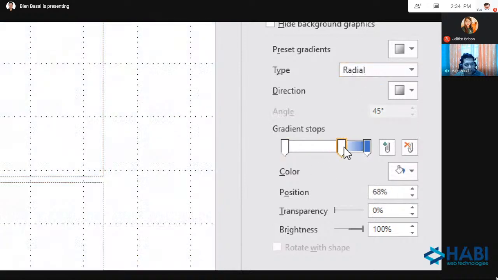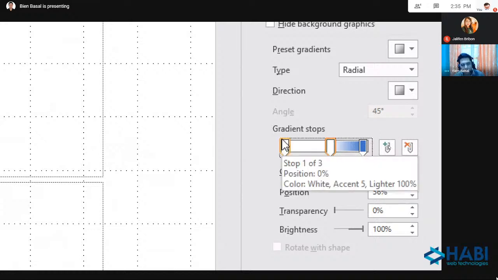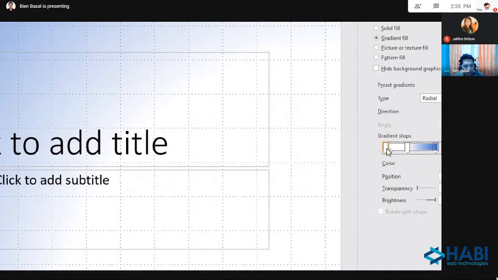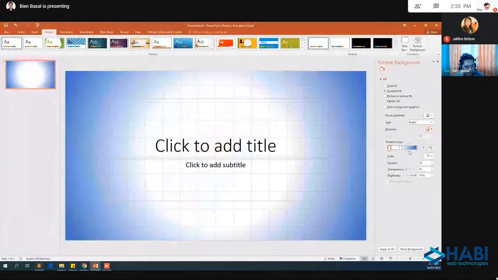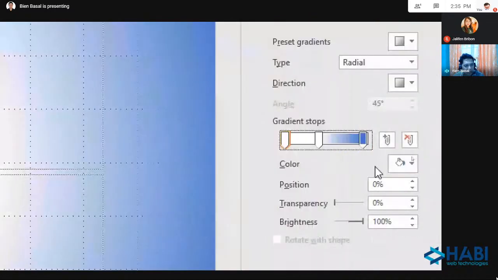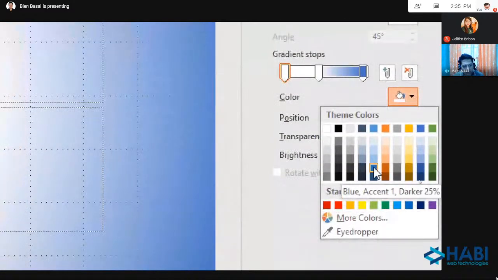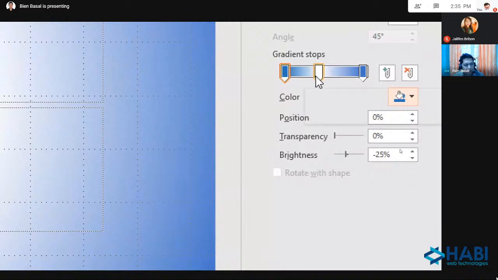We have here gradient stops. So, in this case, meron po siyang 3 stop. Each stop, meron po siyang hinahandle na color. It handles one color per stop. Okay? So I will click this one. Yan. Ito po yung part na light. Radial center. Yan. I will select this and I will change this sa siguro ito na lang. Medyo lighter. Yan siguro. Okay.